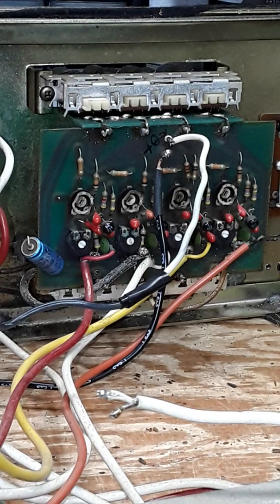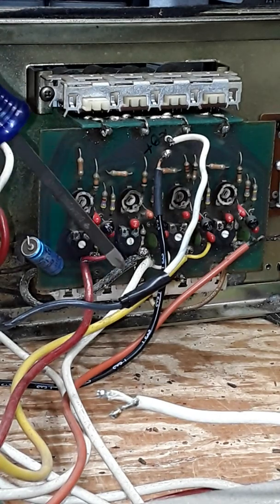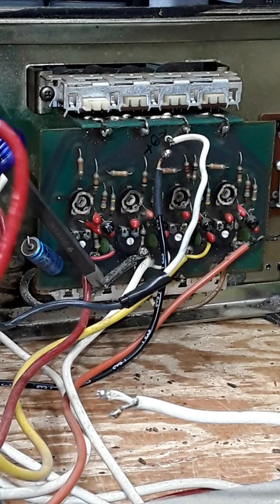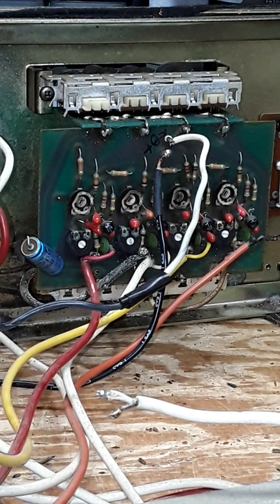So in terms of the point-to-point wiring single conductor, you can see right here, this piece I'm pointing to. It's a big ground wire. Binson has a tendency to do that, uses heavy gauge wires for grounds. This one's insulated, but you can see it looks like it's got fungus growing on it. And what it is in this case is just the rotten insulation that it's been leaching acid and has corroded